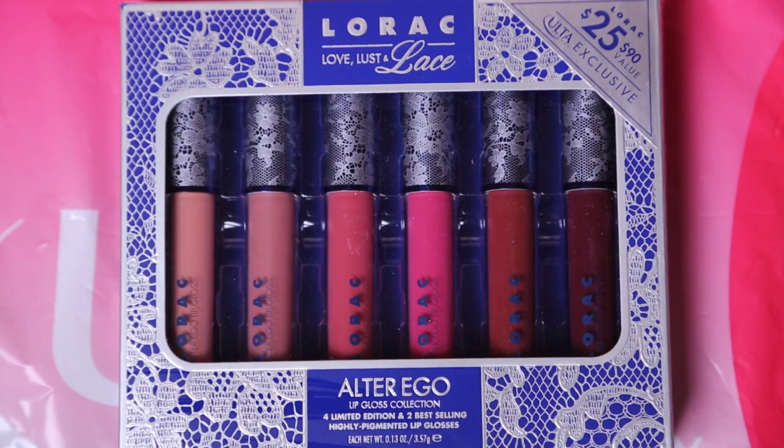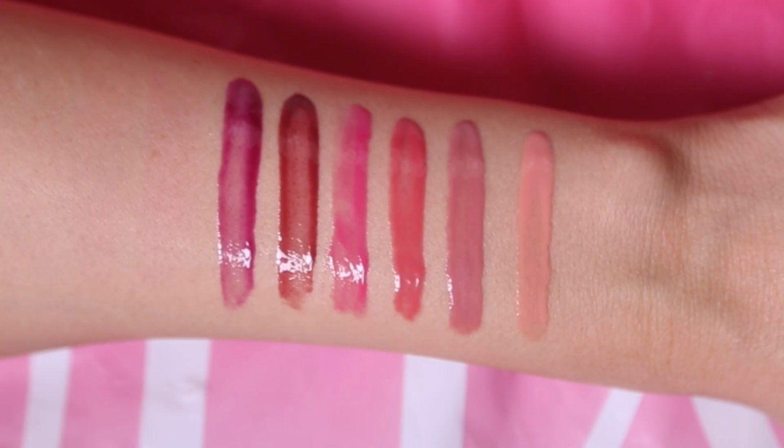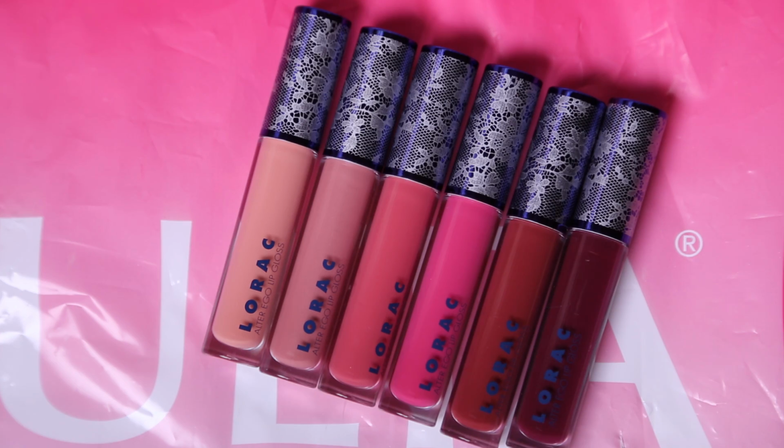This is the Alter Ego Lip Gloss collection. You get 4 limited edition, 2 best-selling. These are really richly pigmented, and they smell like cotton candy. You will be tempted to eat lip gloss. It will be a weird moment. Just get past that. There's nothing yucky or gross about the smell or taste with these. They're just the perfect amount of sweetness. So this guy right here is 25 bucks. It's a $90 value, and I think this would be an awesome gift,